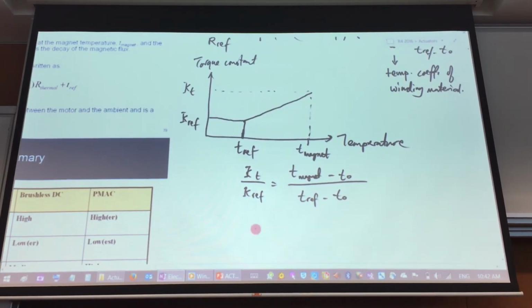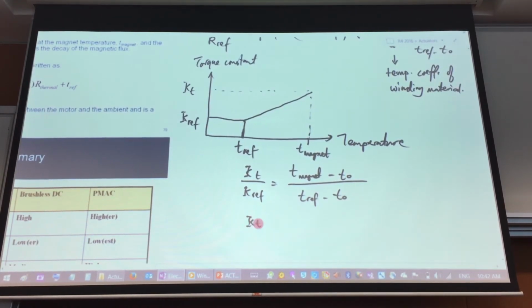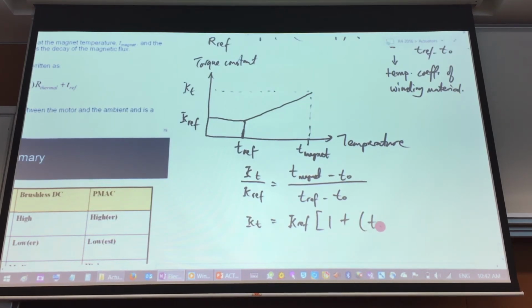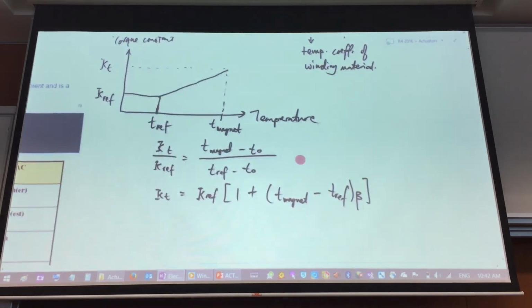And just doing a little bit of simplification, KT is equal to Krad, doing the same kind of simplification, but I'm not going to solve that. Eventually you get 1 plus bracket T magnet minus T rep, and multiply by this beta over here, where